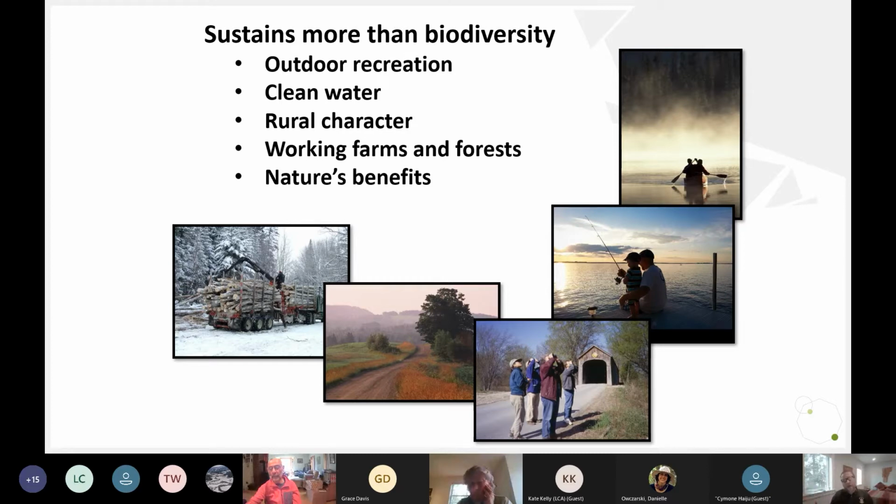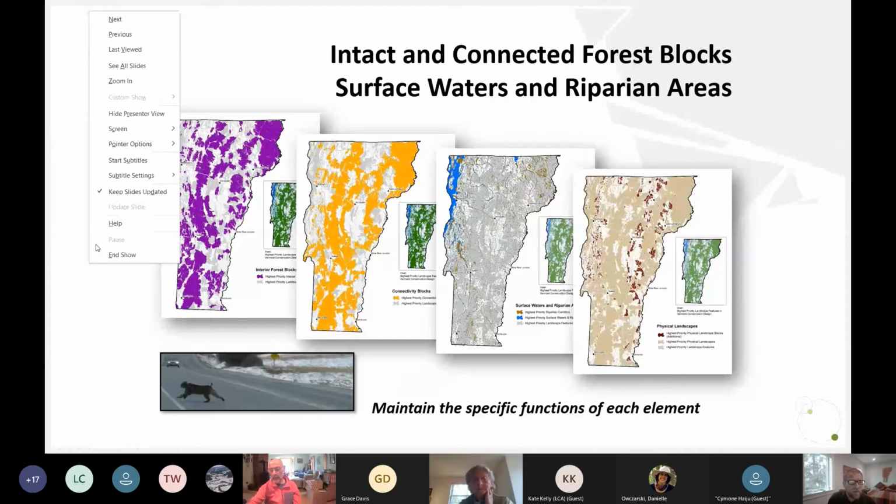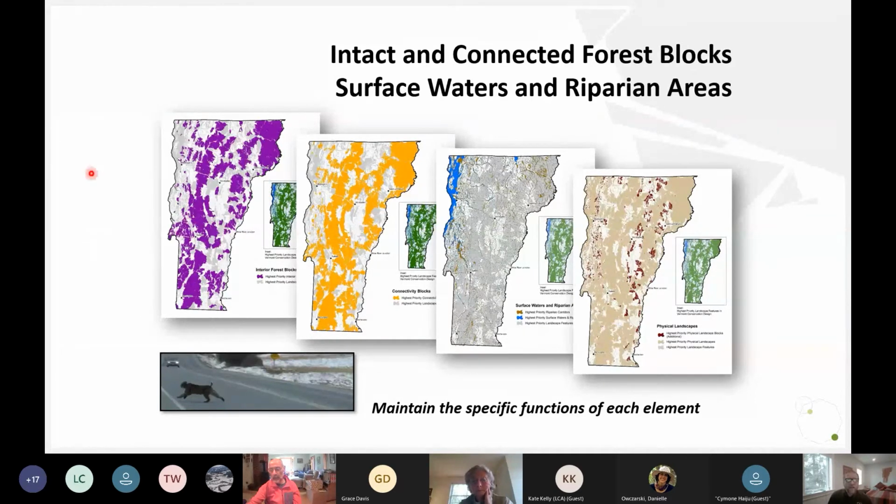So there's this whole range of benefits, both ecological and cultural, that we get from having this intact, connected, and diverse network, this mix of terrestrial and aquatic priorities. So specifically within Vermont conservation design, we have several different components that we use to highlight different parts of the